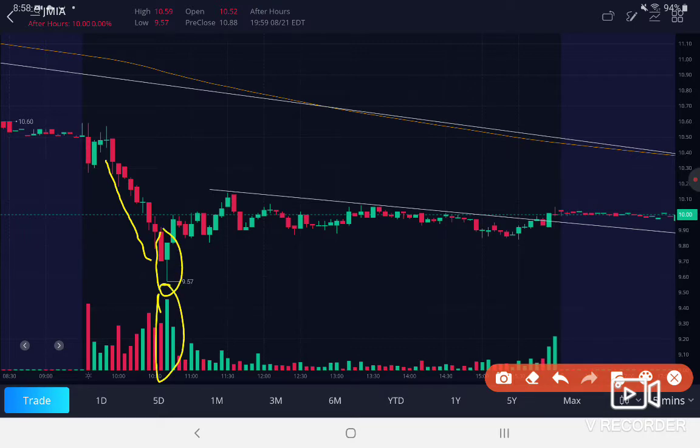This stock really found a bottom here at 957, and the buyers really stepped in. This candle was all red at one point, all red down to 957. That was a solid red candle, just like all these others. It was solid red, and it turned green to the point where it closed at the high during that time period that I have up here, which I believe is, I think it's